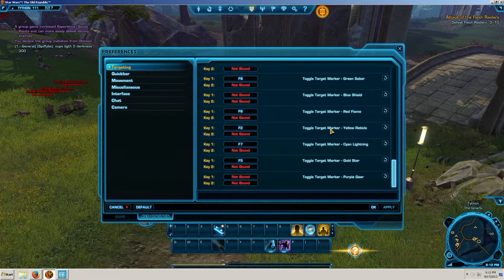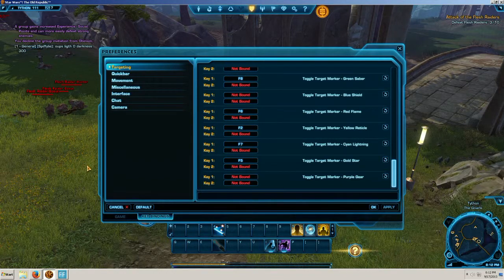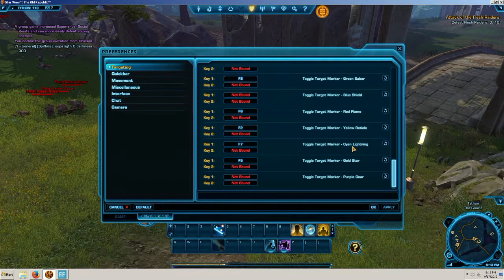If the crosshair is dead and he's not there, you go after gold star. Or if the crosshair goes to another location, your team knows that that guy needs to die first. If you have crosshair or yellow reticle and red flame at a different location, your team knows to kill yellow reticle first, then red flame. If you have cyan lightning, which is a blue lightning, and gold star at a different location, since the kill order is yellow reticle, gold star, red flame, then lightning, you know that you're going to want to kill gold star first, then the lightning. So it's pretty much if you establish the